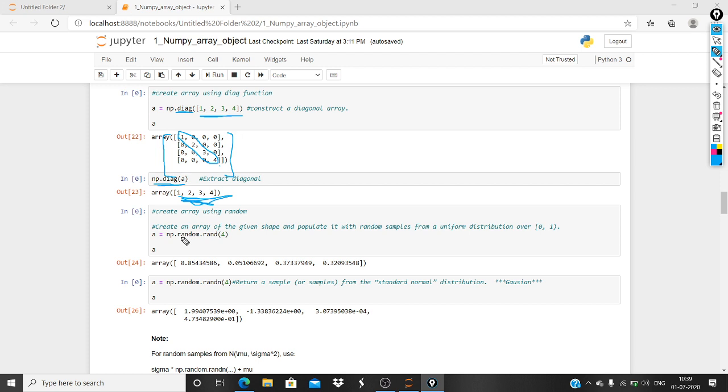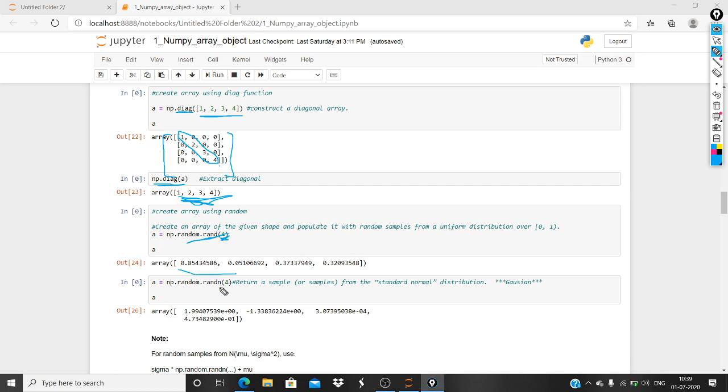Now np dot random dot rand. It will generate 4 random numbers from 0 to 1. As we are using rand, it will provide 4 random numbers from 0 to 1.